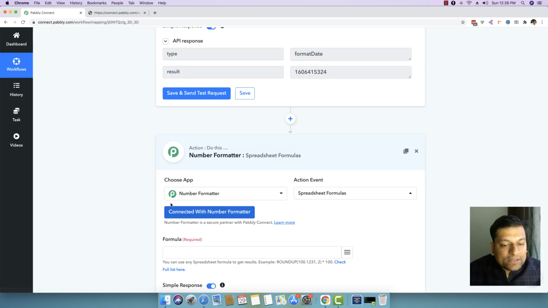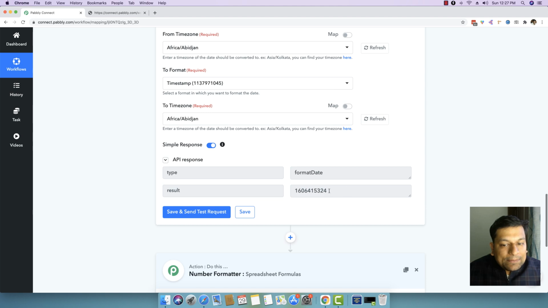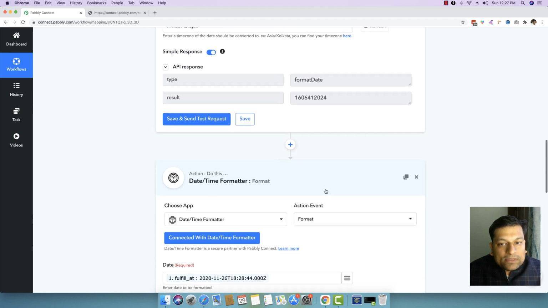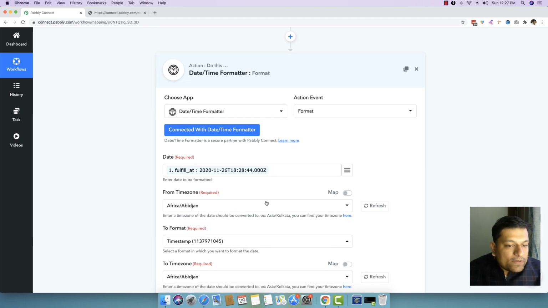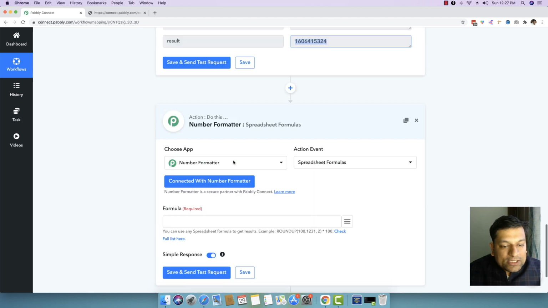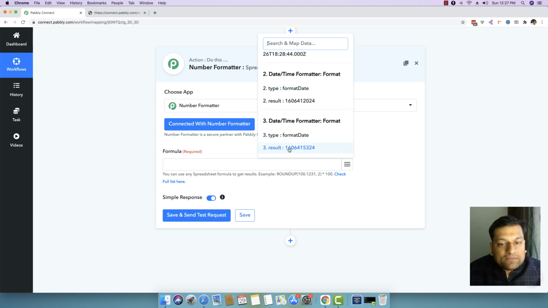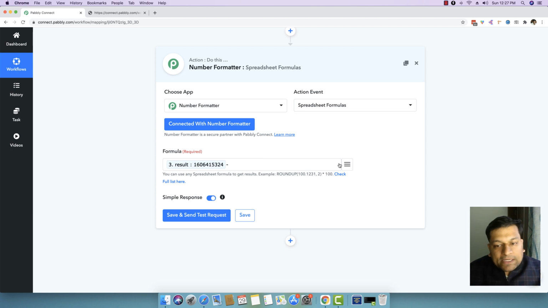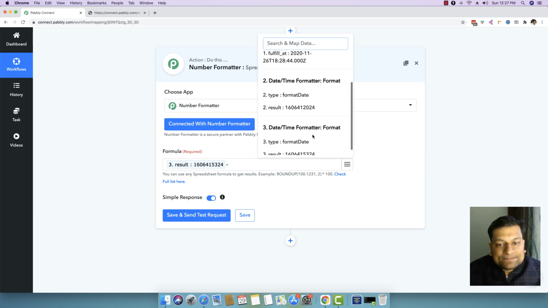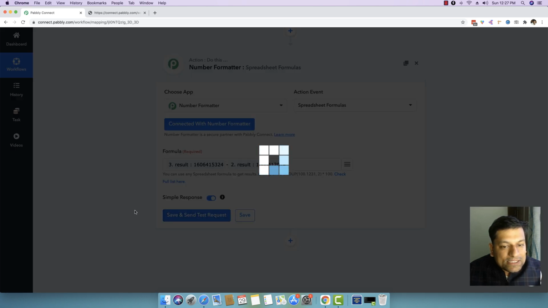Click on connect with number formatter, and the formula will be to subtract this number from this number, because the fulfillment date will always be in the future compared to the accepted at date. So we will map the fulfillment date right here and subtract the order accepted date from it.